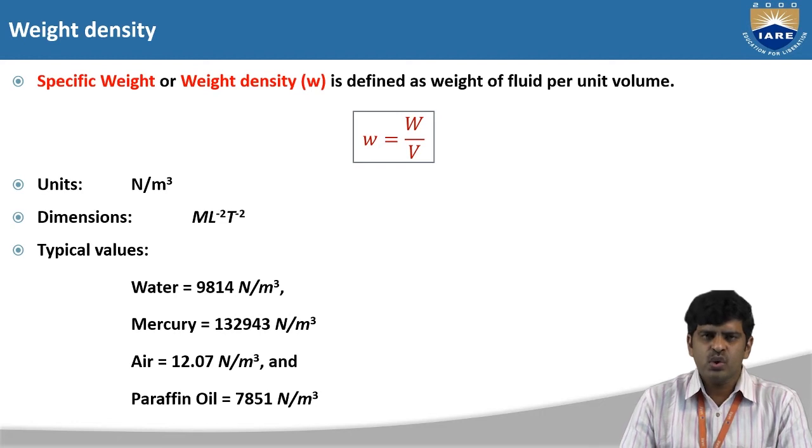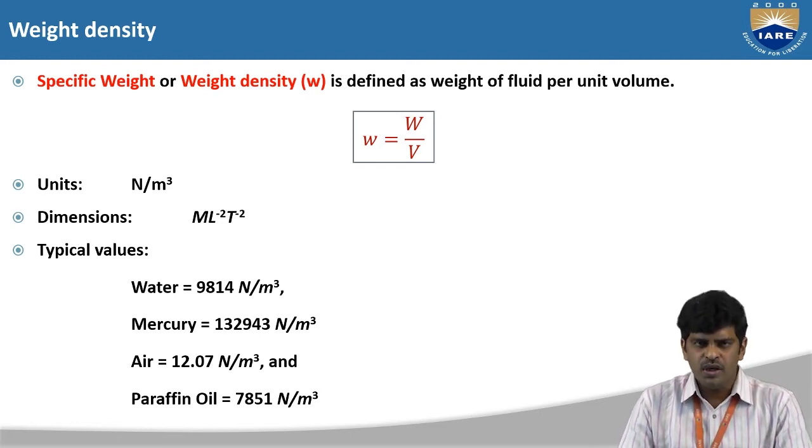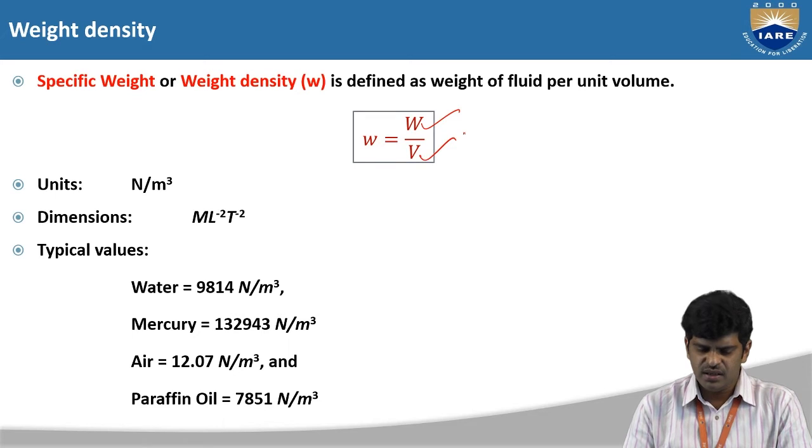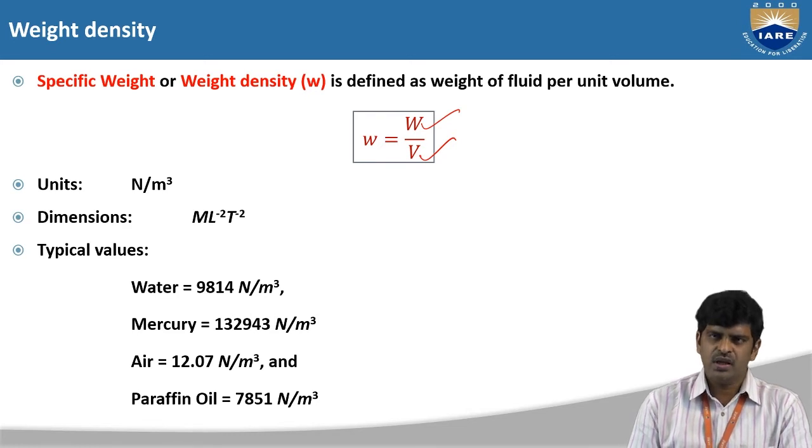So weight density is also called specific weight, which is defined as the ratio of the weight by volume, that is, the weight of the liquid by the volume of the object. So it is the ratio of weight and volume. As I told you, since it looks similar to mass density, it is suggested to be specific whether it is mass density or weight density,